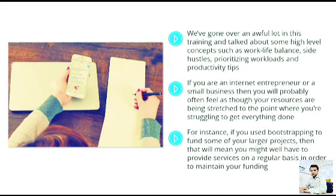For instance, if you use bootstrapping to fund some of your larger projects, then that will mean you might well have to provide services on a regular basis in order to maintain your funding. Meanwhile, though, if you're doing that, then you will also want to make sure that you actually spend some of your time pursuing those projects that you're more passionate about too, and that could potentially be more profitable in the long term. But then you need to choose which of those projects to invest the most time in, and which to do first, all while completing various administrative tasks and dealing with the other drains in your time, such as,